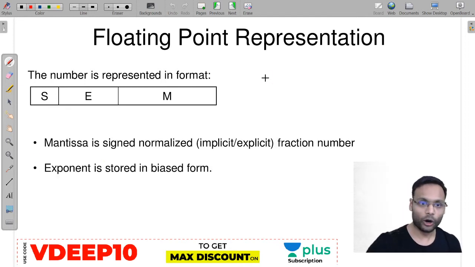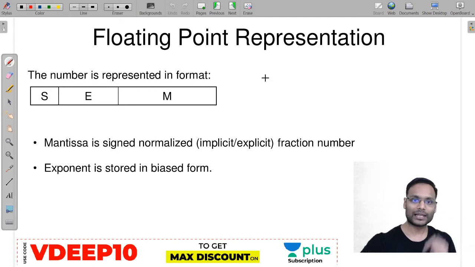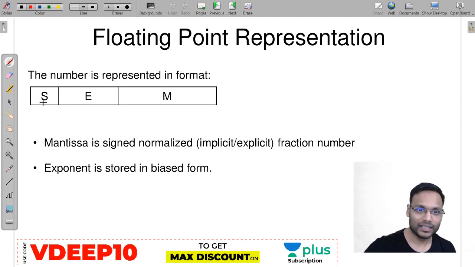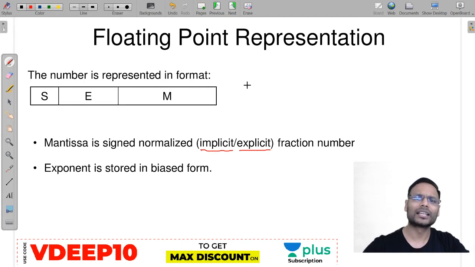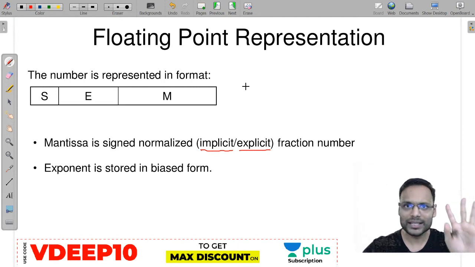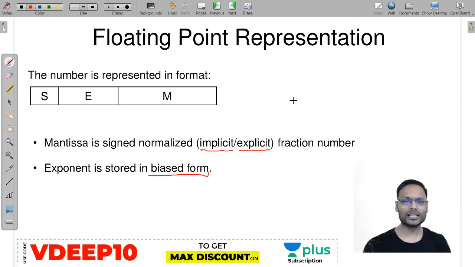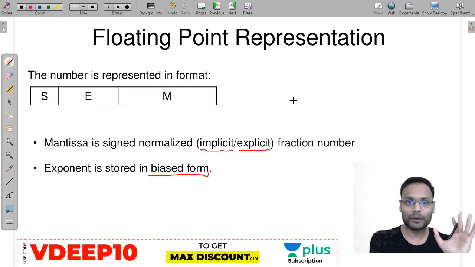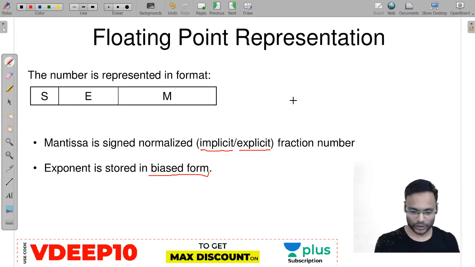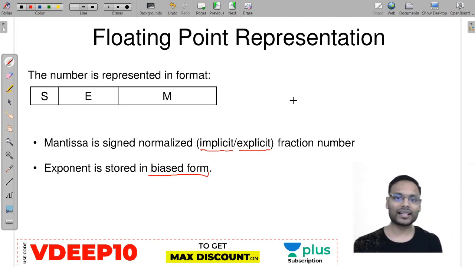चलिए आगे बढ़ते हैं और डिटेल देखते हैं. What is the mantissa? Mantissa is a signed. क्यों? जस्ट बिकॉज ये वाला साइन है इसलिए. Normalized implicitly or explicitly fraction number. So mantissa is a fraction number, but it is normalized. What type of normalized? Implicit or explicit? क्या होता है सर? सर बताएंगे, थोड़ा रुकिए सर. What is exponent? Exponent is stored in biased form. अरे, theoretical part complete करते हैं. I'll tell you these things one by one. What is normalized mantissa and what is biased exponent. One by one, एक के बाद एक करके सब